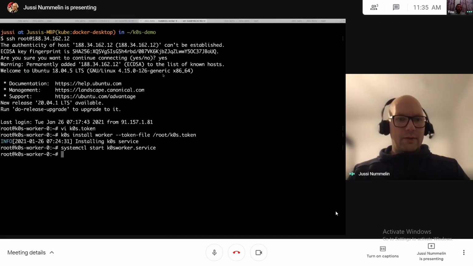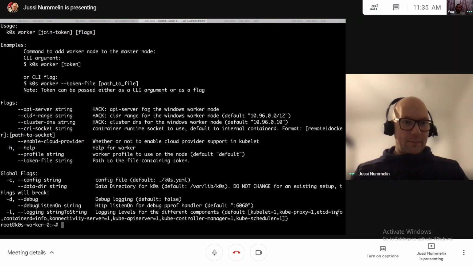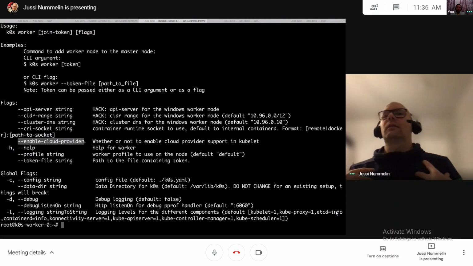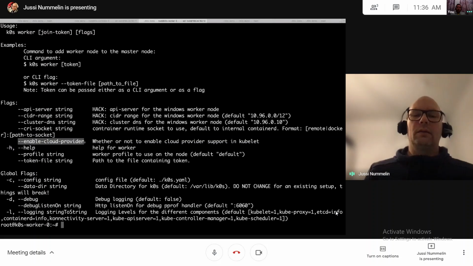I can't remember the name. Worker help. Yeah, for the worker you need to add this enable cloud provider flag. So that'll basically tell kubelet, or it basically adds the cloud provider flag to kubelet.